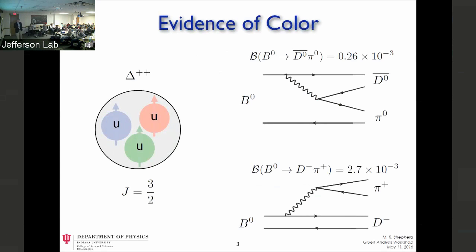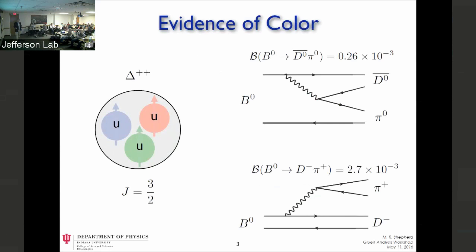Here's definitely a more modern piece of evidence, so-called color suppression in decays, where you have, say, a B meson that's red and anti-red, and then if you have this internal type decay to D pi, this quark here has to be, if this is red anti-red, this quark has to be anti-red. It can't be anti-green or anti-blue, because then you wouldn't have a color singlet up here. And so only one of 3 types of quarks will work when the W turns into q q-bar, whereas down here you can have any of the 3 types of quarks.